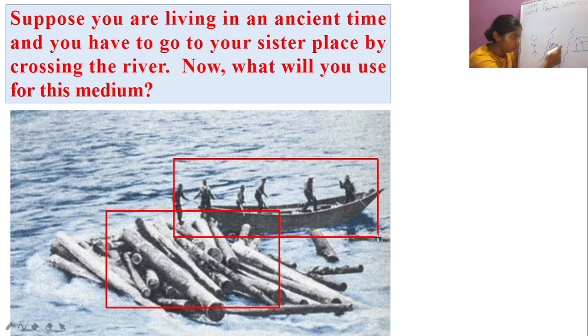Yes, have you done it? So yes students, we have talked about it, that is the human foot, right? So the human foot is used as the first means of transport by humans. Okay,